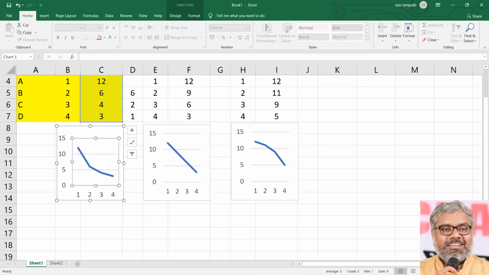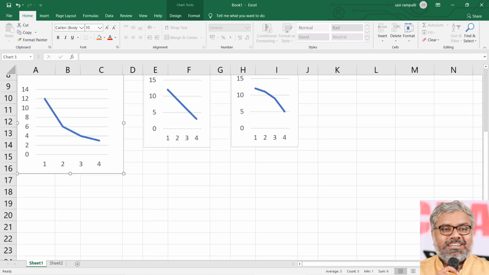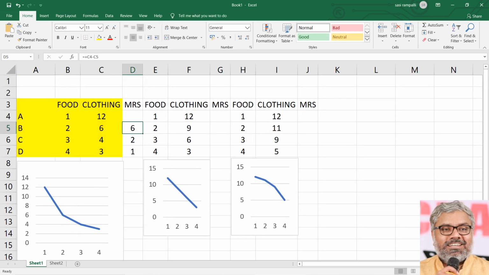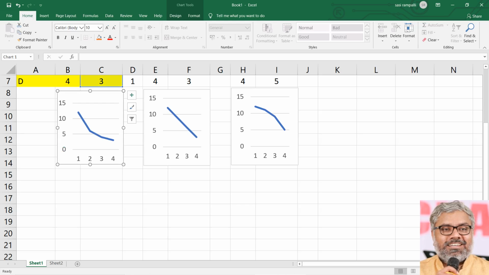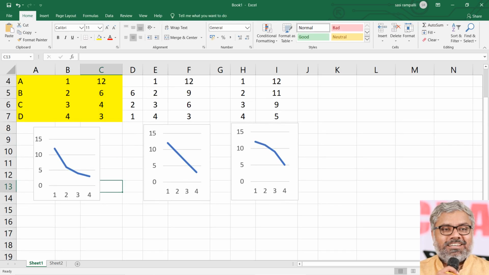So how is the shape of the curve here? Look at this curve, which I am highlighting now. What is the shape of this curve? The shape of that curve is convex to the origin. And why did that happen? Because the marginal rate of substitution is diminishing. You don't need to draw the graphs and all, but you can understand why the shape of this graph is like that. So that is the first case, which we already know. That is the normal case of indifference curves. Normally that is true: indifference curves are always convex to the origin.